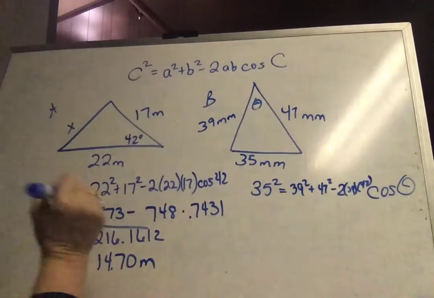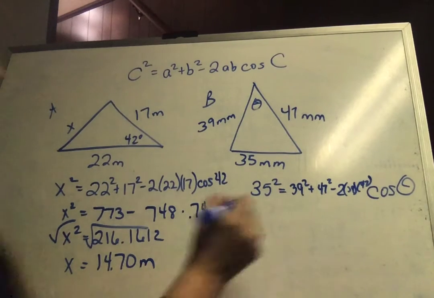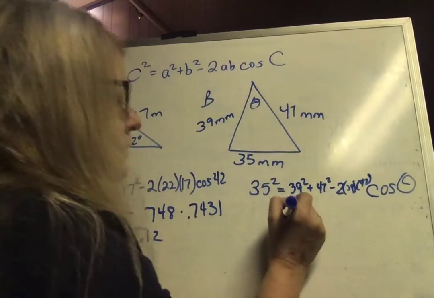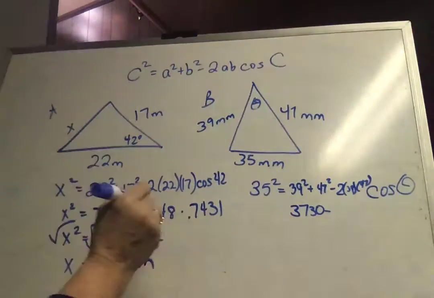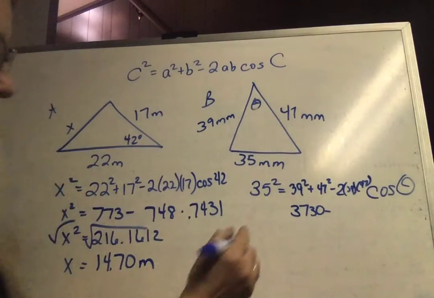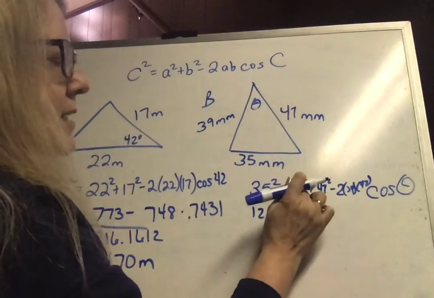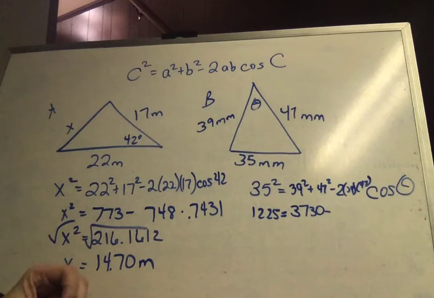I about ran out of room here. So, cleaning up a little, 39 squared plus 47 squared should equal 3730, minus 35 squared out here. 35 squared, 1225 equals 39 squared plus 47 squared is this, minus 2 times 39 times 47